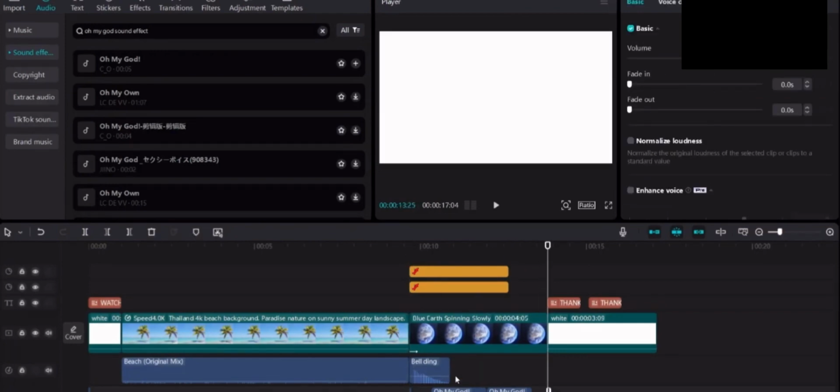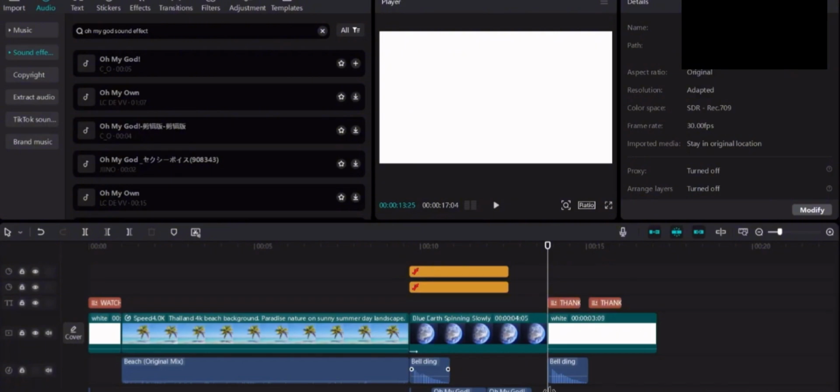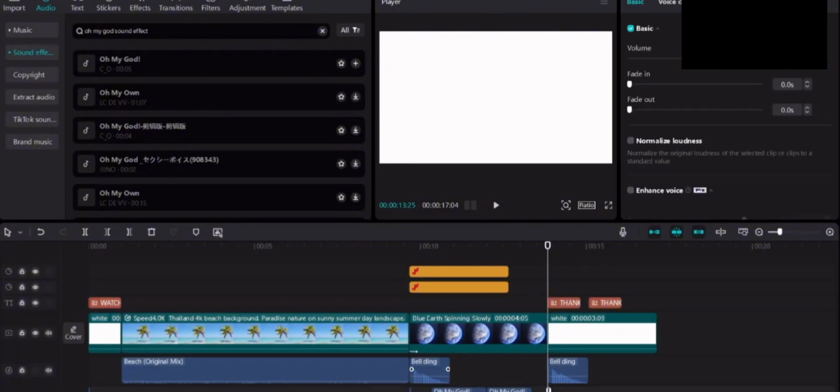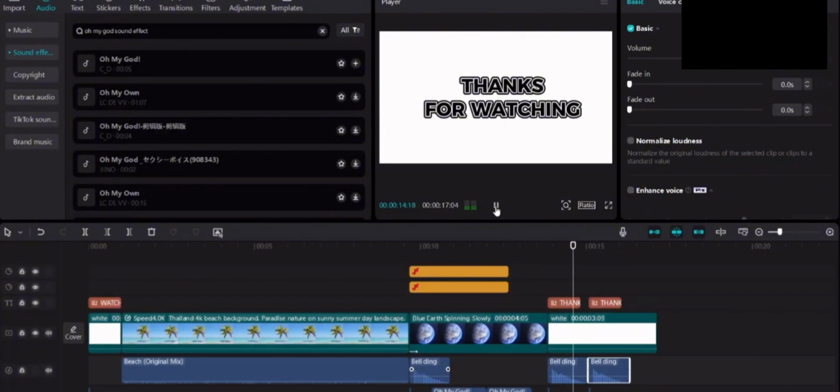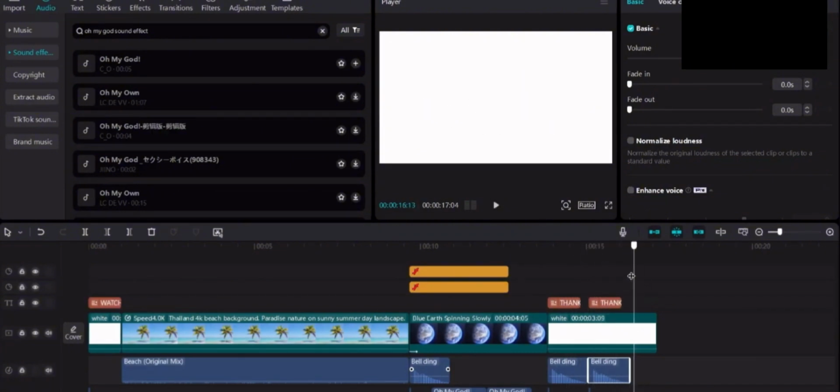I'm going to add it for both of these right here. There we go, and I'm going to add it. So this is now what it sounds like when it comes on. Just like that. And maybe if I want to add another sound effect, so let's say I want to add a